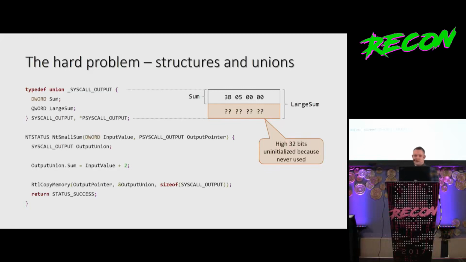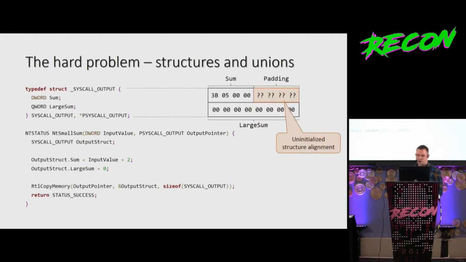Another example here is a union. We have 2 fields, one DWORD, one QWORD. And in this specific example of a system call, just the smaller field is filled out, which leaves the higher 32 bits uninitialized again. And then we have another problem, which is the padding in a struct. So we have a DWORD followed by a QWORD. Even though both of the fields are initialized, which is fine, the 4 bytes of padding are still left like garbage and are still